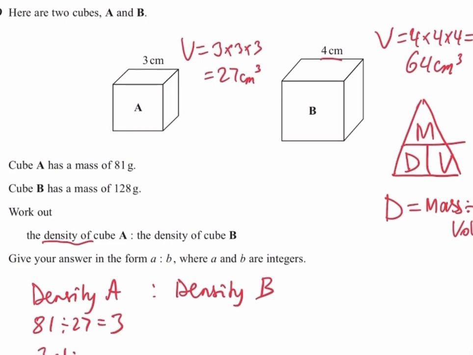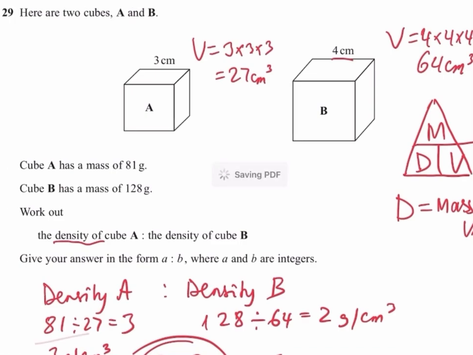So that is the density for cube A, 3 grams per centimeter cubed. And for density B, we're going to divide the mass, which is 128, by 64. So you go 3 to 2 and